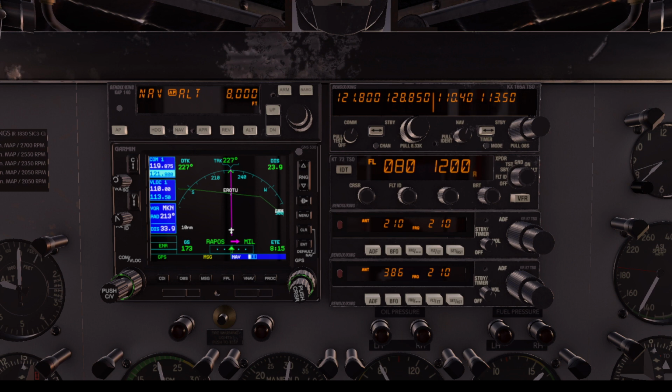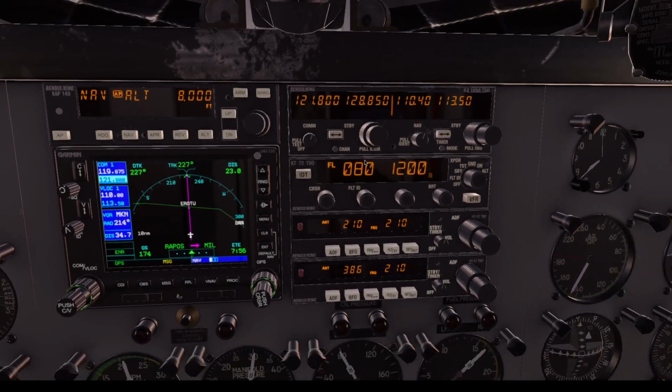I mean, some very corner cases might not be simulated fully here, but all these avionics are very well simulated. For example, here,